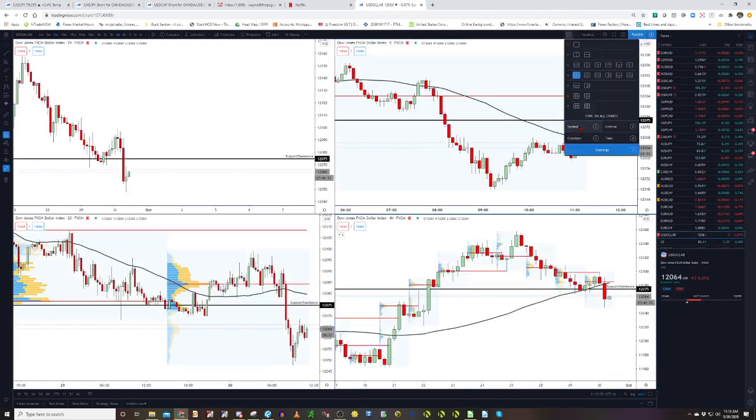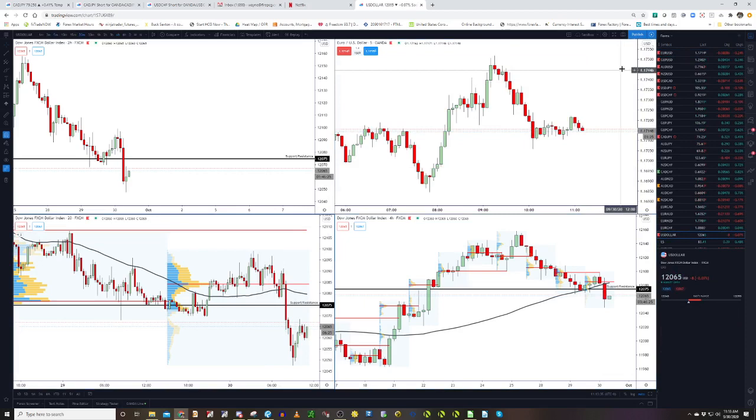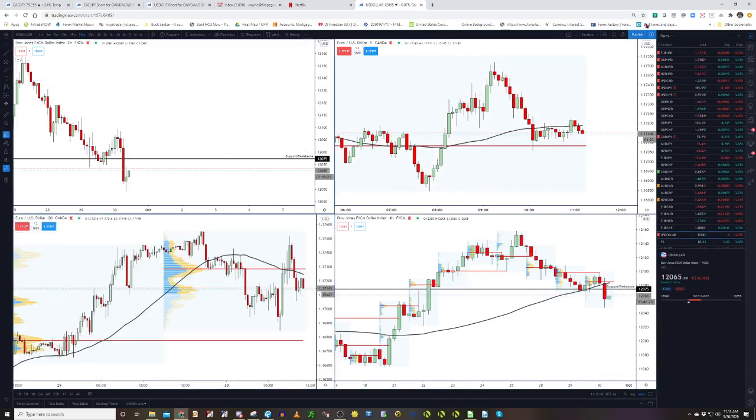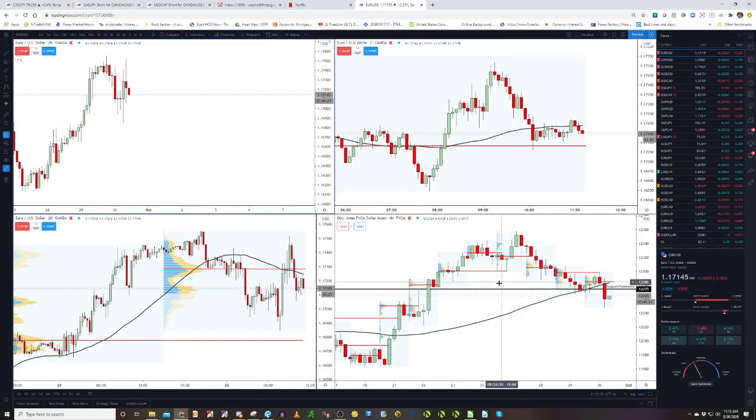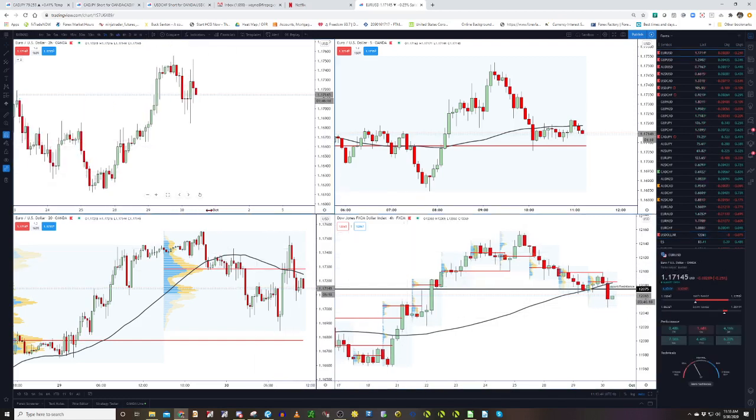Oops, you got to turn this off. Okay, now I got the US dollar in there, but I got to change that to the euro dollar, and I got to change that to the euro dollar. And here I got the dollar index. Okay, that's all good. But if I want to switch to the pound dollar,